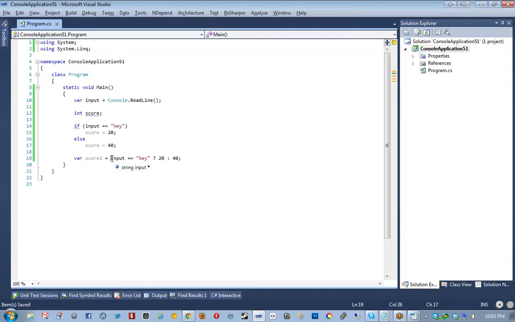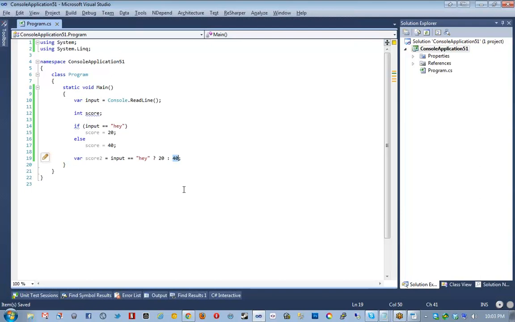Basically, this is an expression, and we're evaluating the value of this expression depending on what branch to take, depending on if this is true or false. So remember, true is always first, false is second, separated by a colon. Exactly. It's very important to realize that the types of these two values must be in some way